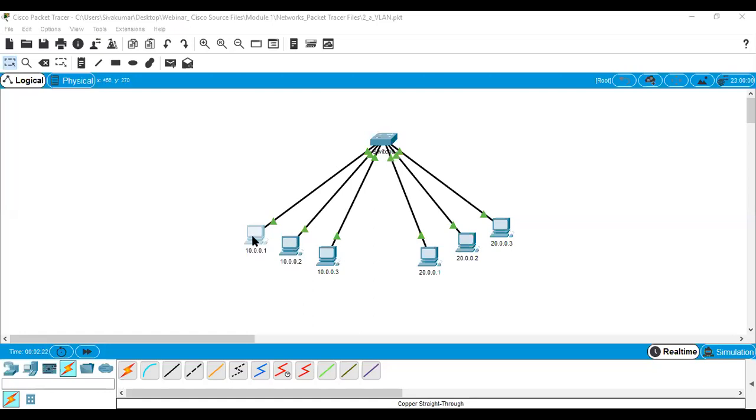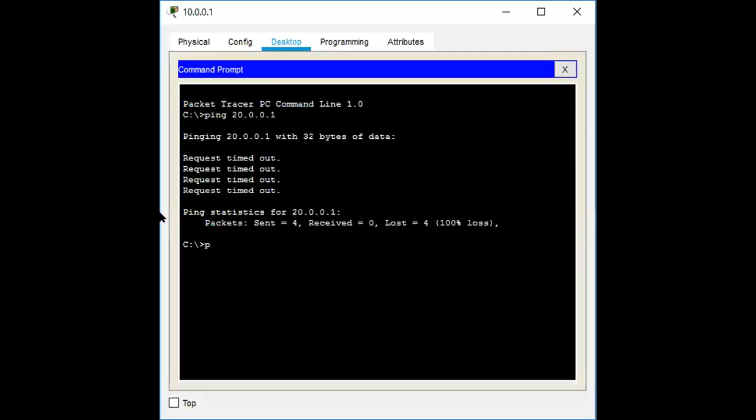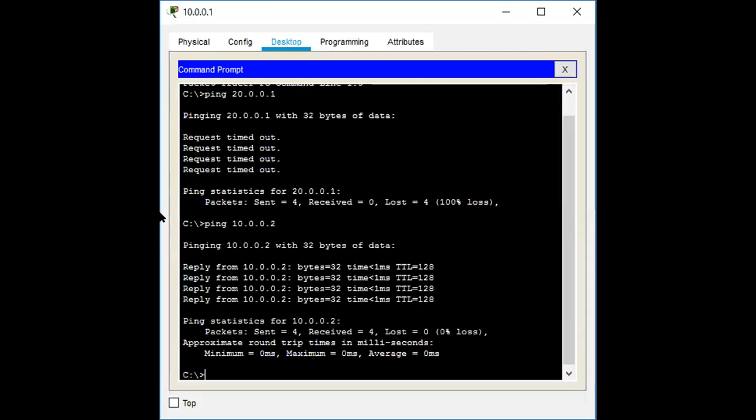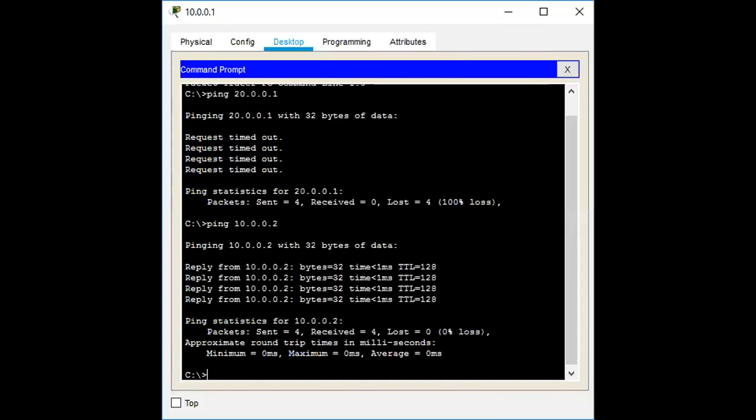Again I go to command prompt. Here I type ping 10.0.0.2. Here it is possible now, so it gives 0% loss. It means we are moving the packet from the first system to the second system within the LAN network. So it is not possible to move from one block to another block using this switch configuration. We successfully constructed the virtual LAN networks.